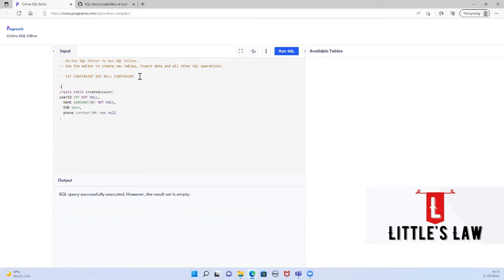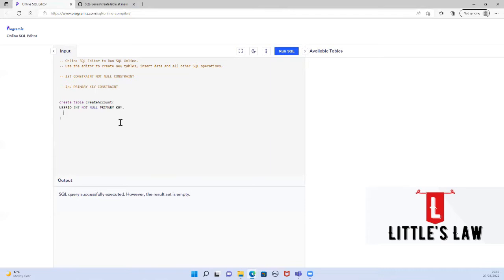So second one, which is the primary key constraint. And here we are going to create the same table but with different columns. So the first one is going to be user ID, which is again an integer value, which is not null. But this user ID is going to be the primary key. So just entering primary key after the data type or after the not null will make sure it is a